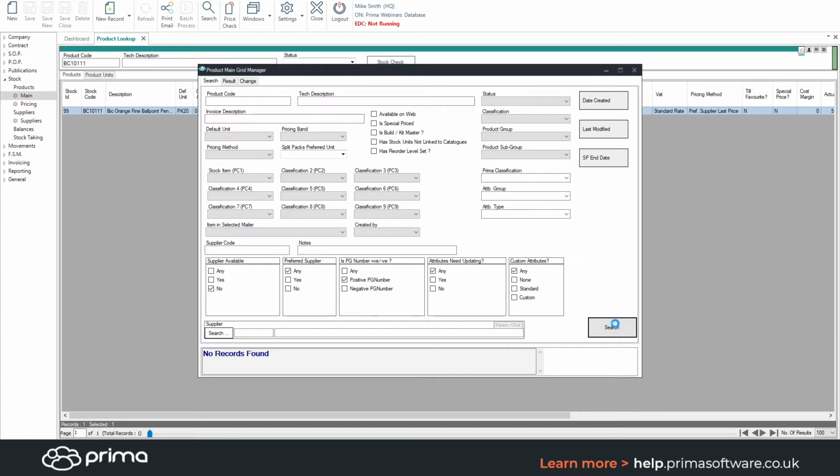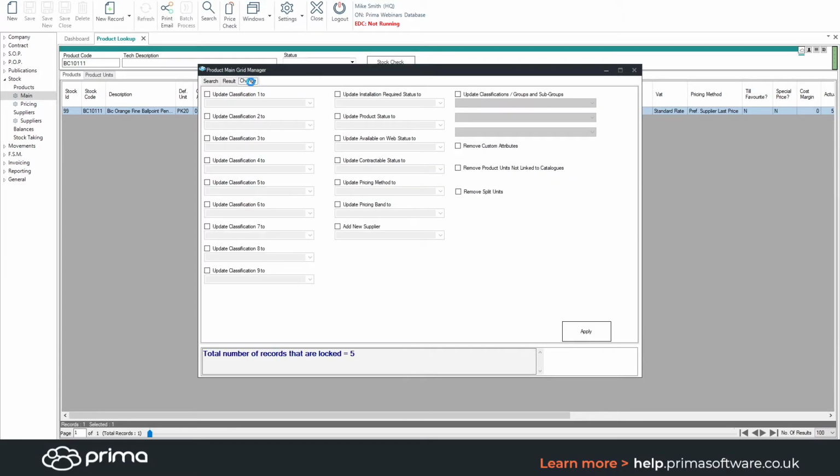So if I just hit search on that, I'll return basically any products that need to be discontinued within this database. Obviously within yours there might be more, there might be less, depending how often you've done this. And once we've returned the records to the bottom, we go to the change tab and we want to use the option to update product status to